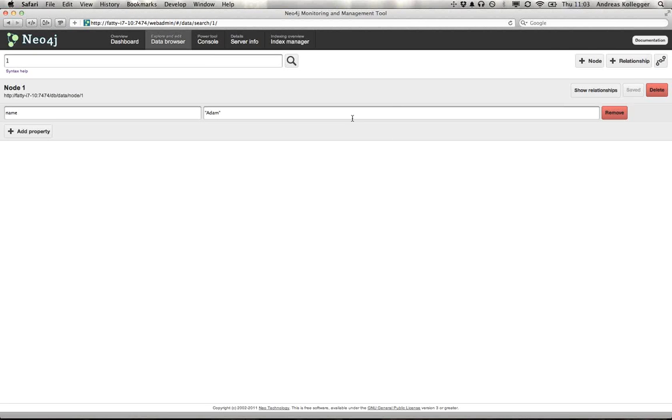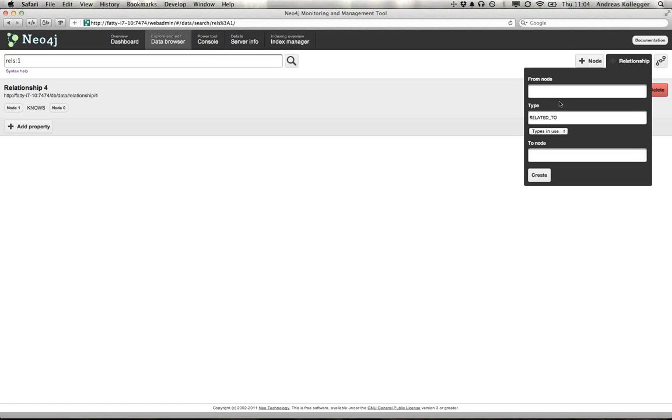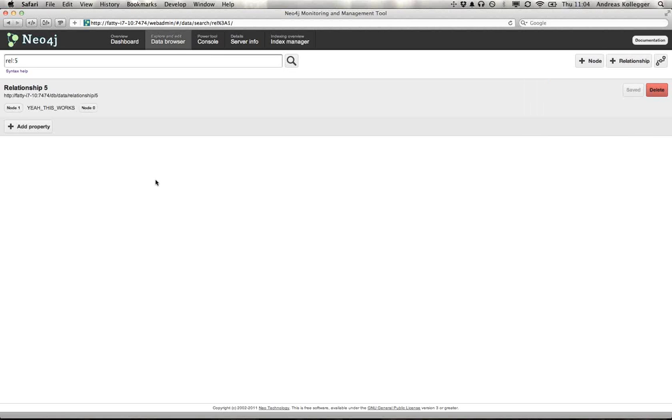Okay. So for instance, I'd already created relationships between all of these nodes in node 0. Let's go ahead and just add a new relationship here from node 1 to node 0, and we'll call it this works relationship. Okay, and so now if we look at node 0